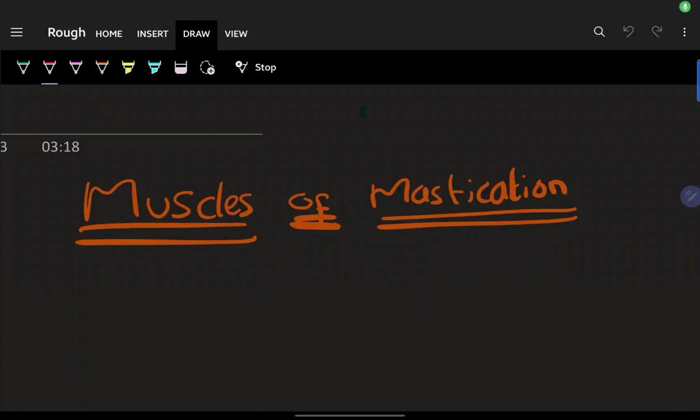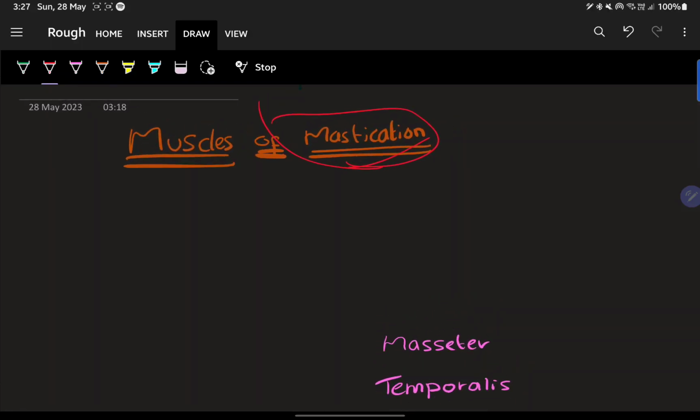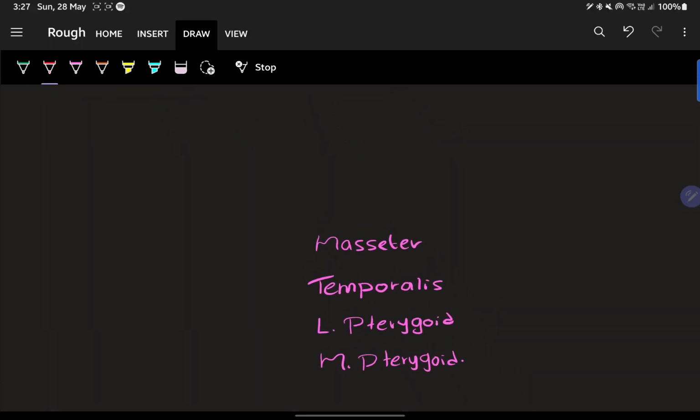So today we'll be discussing muscles of mastication. There are usually four muscles we see in mastication, which help in mastication. They are the masseter muscle, the temporalis, the lateral pterygoid, and the medial pterygoid. Out of all these, the lateral pterygoid is the most important because it helps in depression